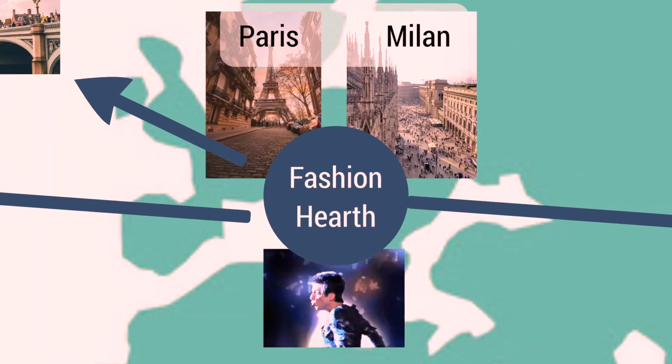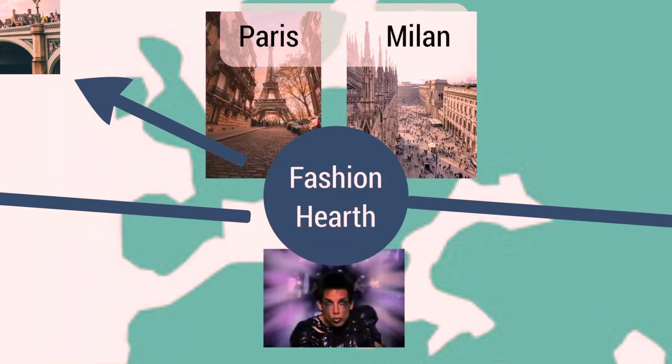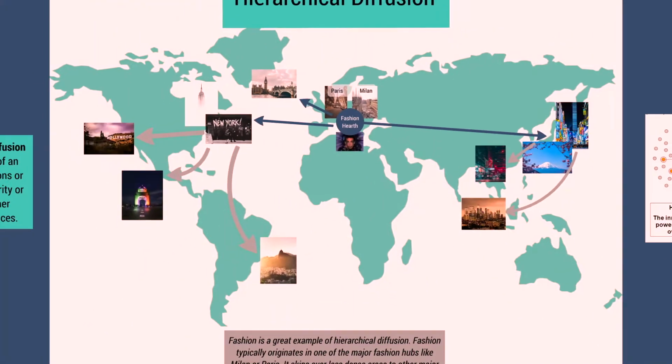So like we see here, we've got either Paris or Milan, where fashion starts. That jumps out to London, it jumps to New York, and then it jumps to Tokyo. From New York, it then goes to LA, Mexico City, South America, any big cities like Rio, and then eventually down to suburbs, and then eventually out to everyone. But it jumps over areas to more important areas and then trickles down from there.